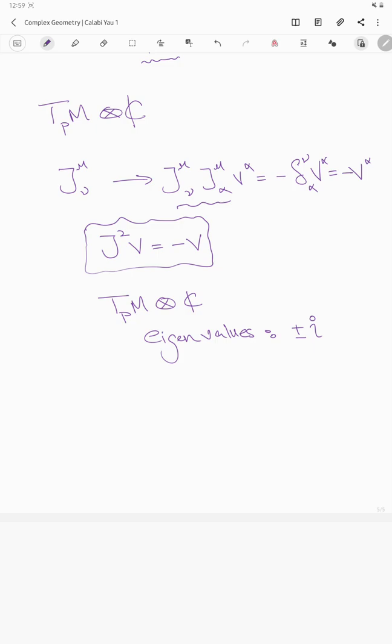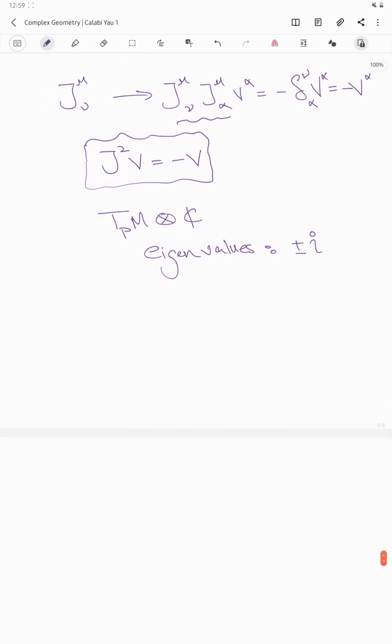And boom, just like that, right? We have defined this iota squared equals -1 in higher dimensions, right? So now what we can say is, we can call this